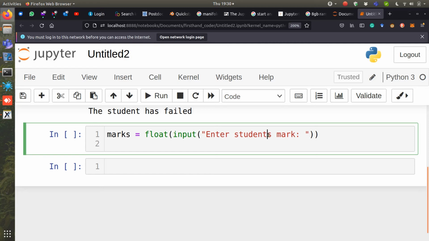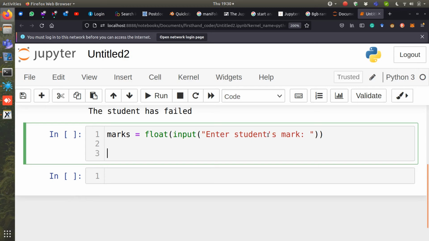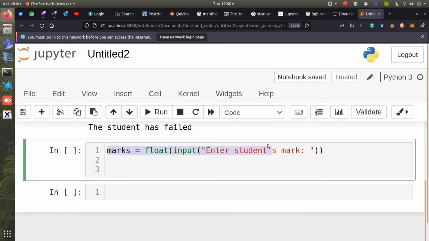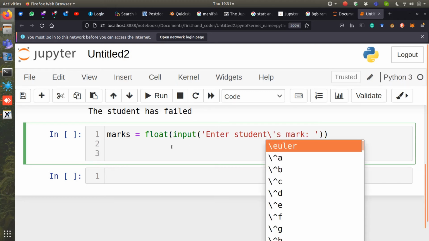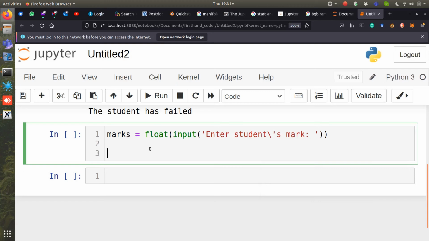We can say, all right, note that I'm using this apostrophe here because I use quotes outside, so it's safe to use an apostrophe. But if I'm using quotes here like this, then I must escape the apostrophe inside to allow the computer to print the message. So now we have this, then we can check if our student gets anything